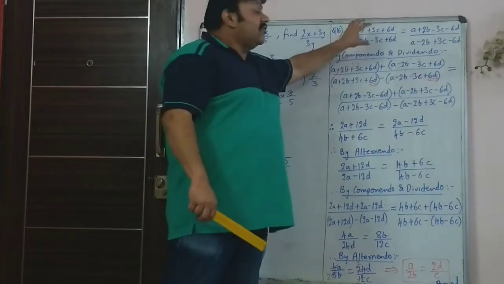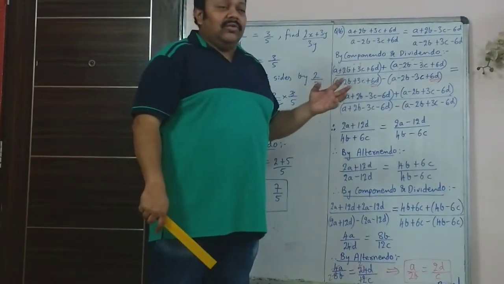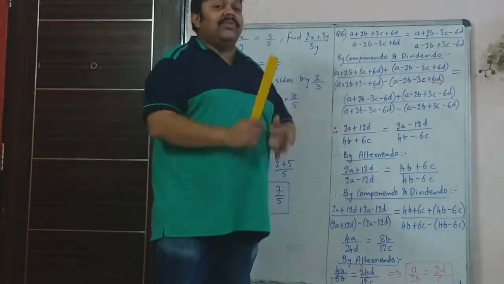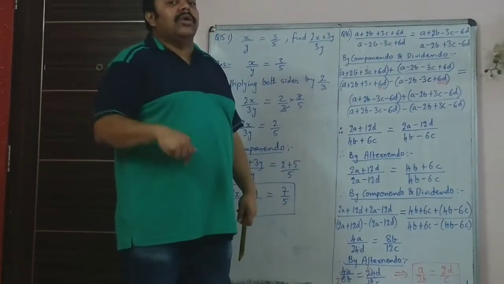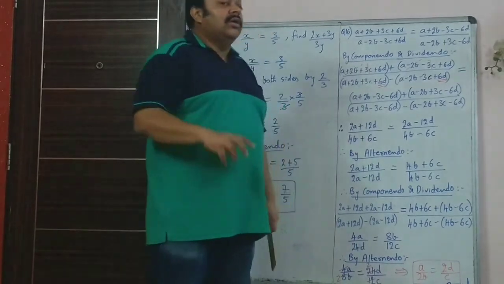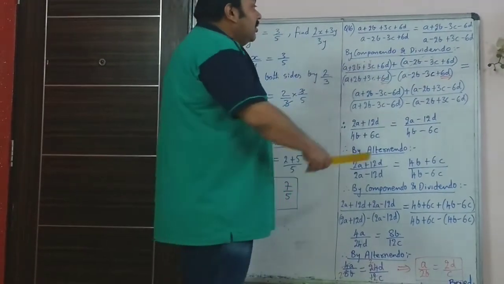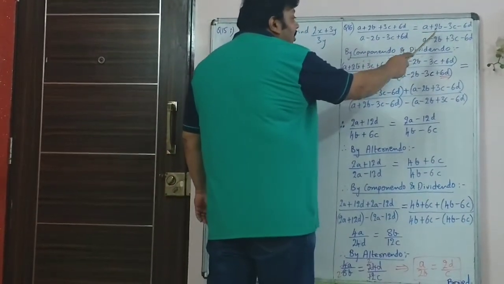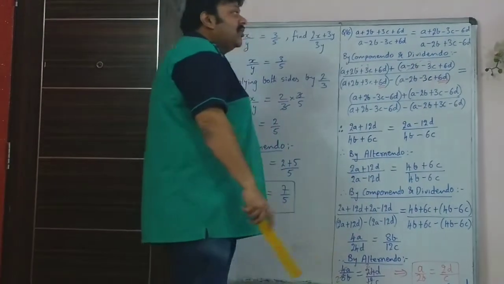When you see such an observation, immediately it should strike to you that to make this ratio smaller, to be simplifying it, you need to use a componendo and dividendo together, so that some of the things will get cancelled and you will get a smaller ratio. Same thing on the right hand side. Everything is the same except for some of the sign. The coefficients are different for few of the terms.